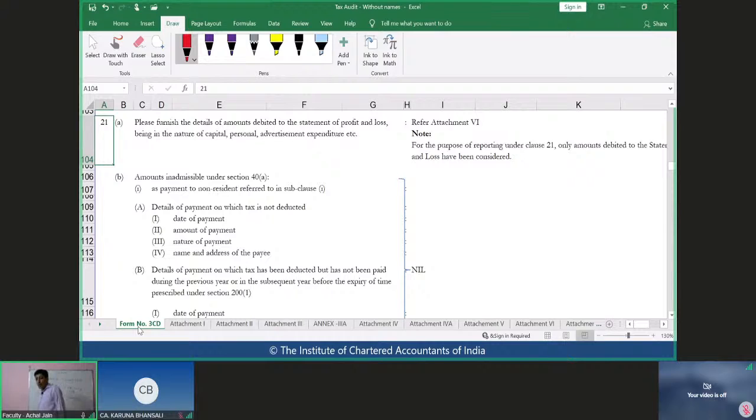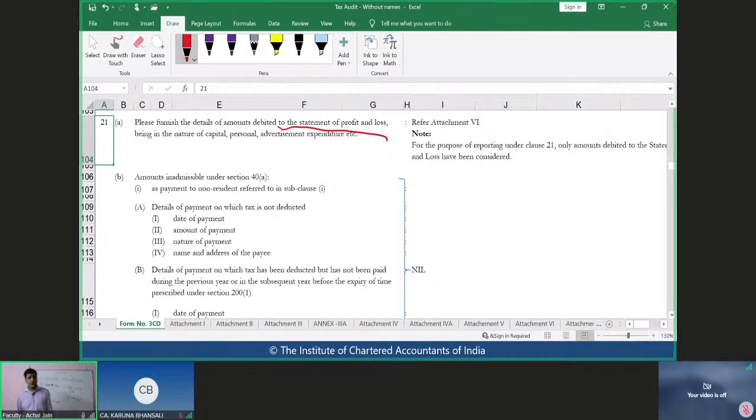Yeah, so we'll now move on to clause number 21. This talks about furnishing the details of the amounts debited to P&L. Means the amounts which have been debited to P&L, means all of the details should be picked up from P&L only. So we know the source now, because that is what this clause specifically requires, that these should have been debited to P&L. In case these are not debited to P&L, then we are not required to get onto those